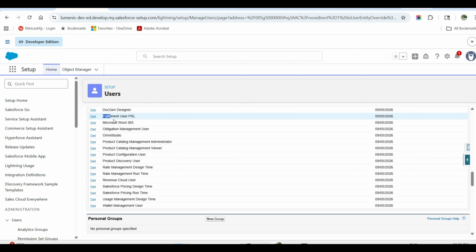Next one is Fulfillment User PSL. So this license is used for fulfillment related processes after quote and order creation. So by this we can manage downstream processes like order fulfillment, activation, and service provisioning. So these licenses are the minimum required licenses which we need to assign to the user before starting Revenue Cloud advanced configuration. So without these licenses, many Revenue Cloud functionalities like pricing, product configuration, quoting, document generation, and fulfillment process